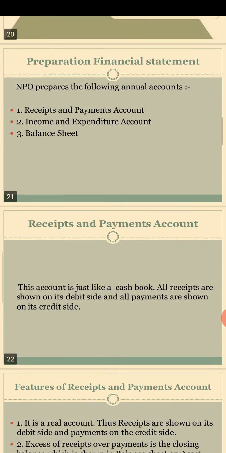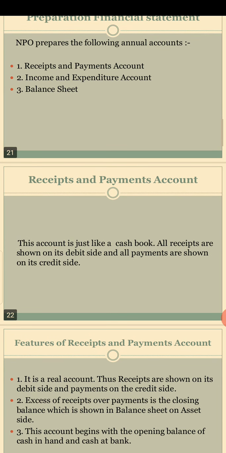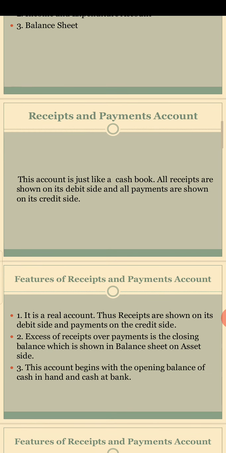So receipt and payment account is just like a cash book. All cash receipt comes under the debit or left hand side. Similarly, all cash payment comes under credit side or right hand side of receipt and payment account. Okay,